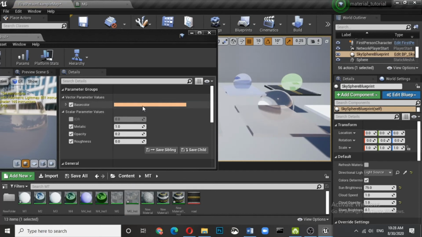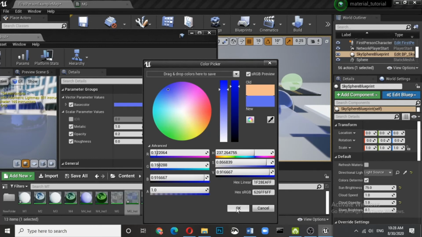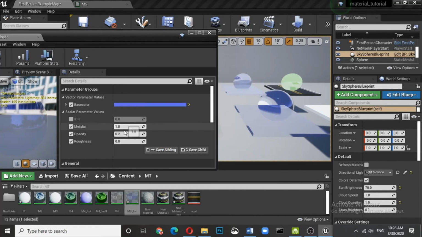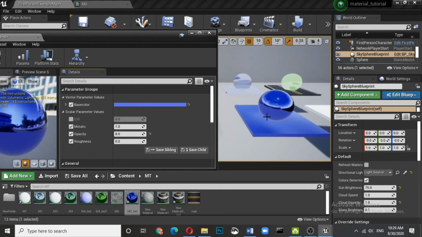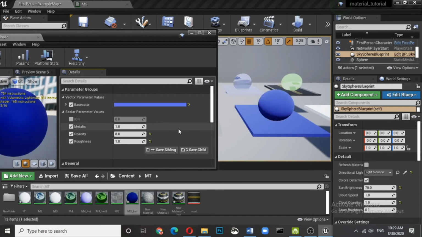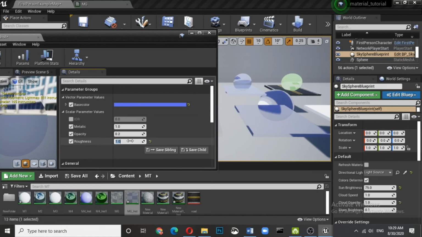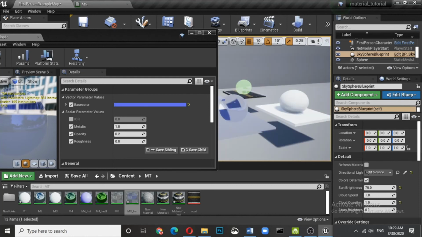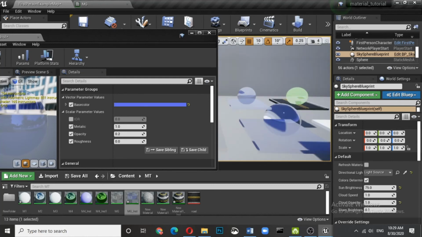Now let's do the changes. You can change the base color. You want to make it blue, so it is blue. You want to increase the opacity, let us make it 8, so it is quite opaque. You want to change the roughness to 1, so there is no roughness. Let us go back to our glass material. We wanted to create some glass out here, and with the roughness out here, you get a perfect glass. Now what I was talking about is IOR, which is the refractive index.